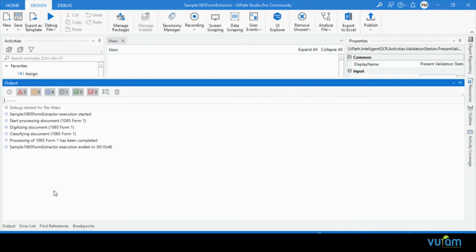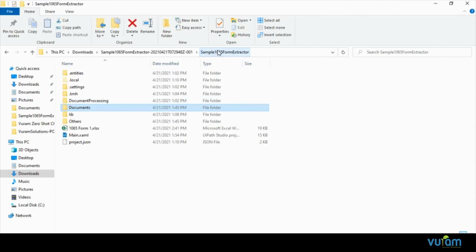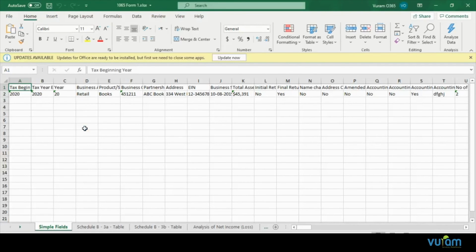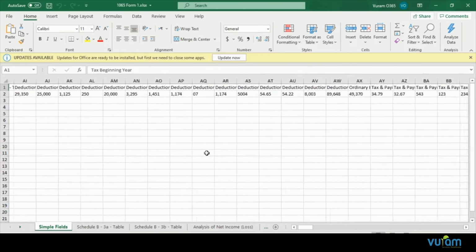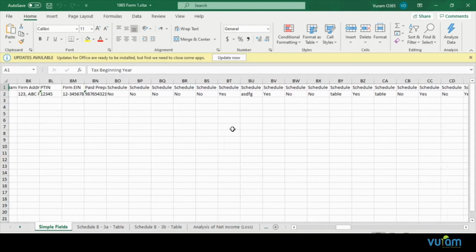We can see that the execution has been completed, and we'll check the output. We have one Excel file generated here. The simple fields sheet will have all the single-value fields. Other than the 5 tables, all the rest of the data will be present in this sheet.